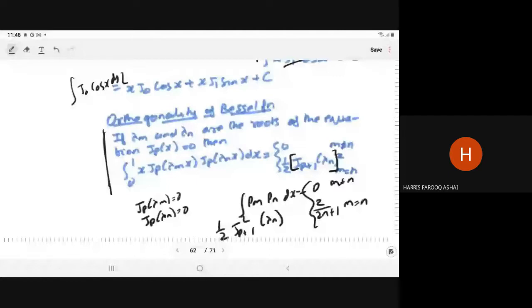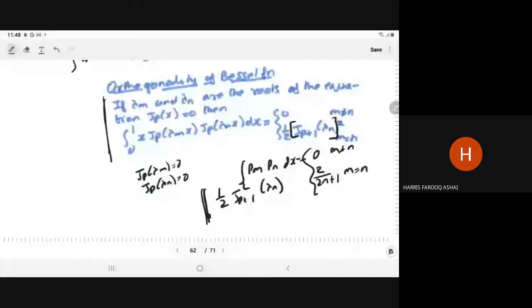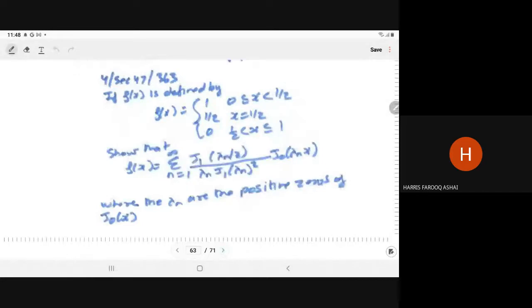Below I have written here, in the other form, 1 by 2 j square of p of order p plus 1 of the lambda n. So from the orthogonality property, as you have seen in case of the Legendre polynomial, any function can be written as a Legendre polynomial. Similarly, here any function can also be written in terms